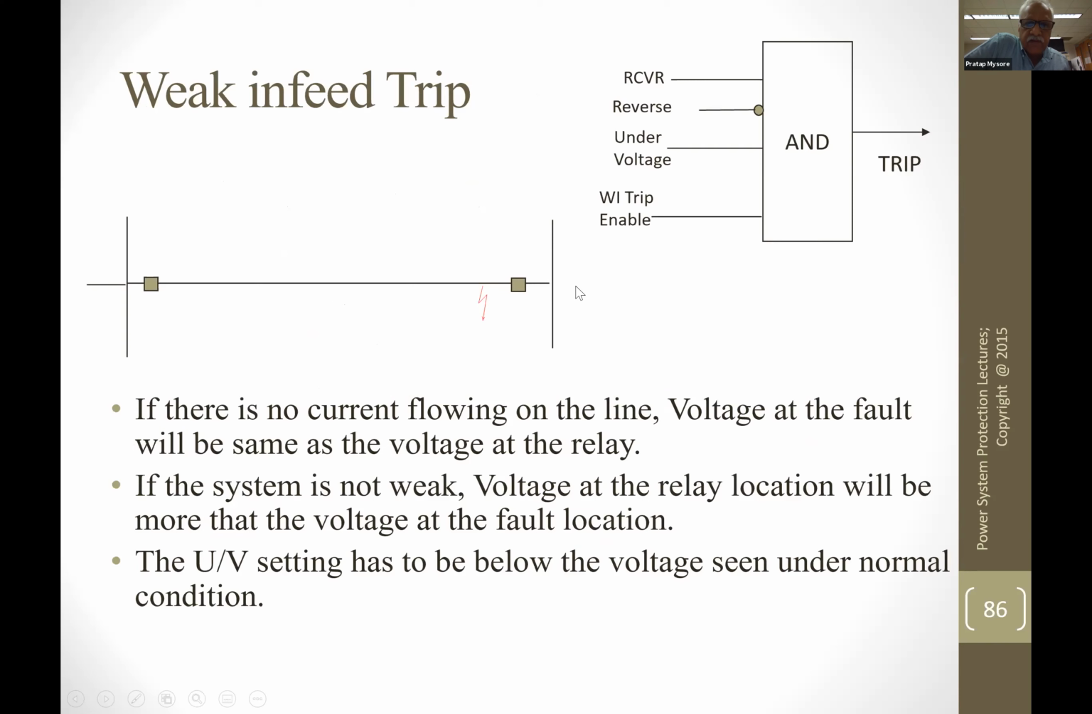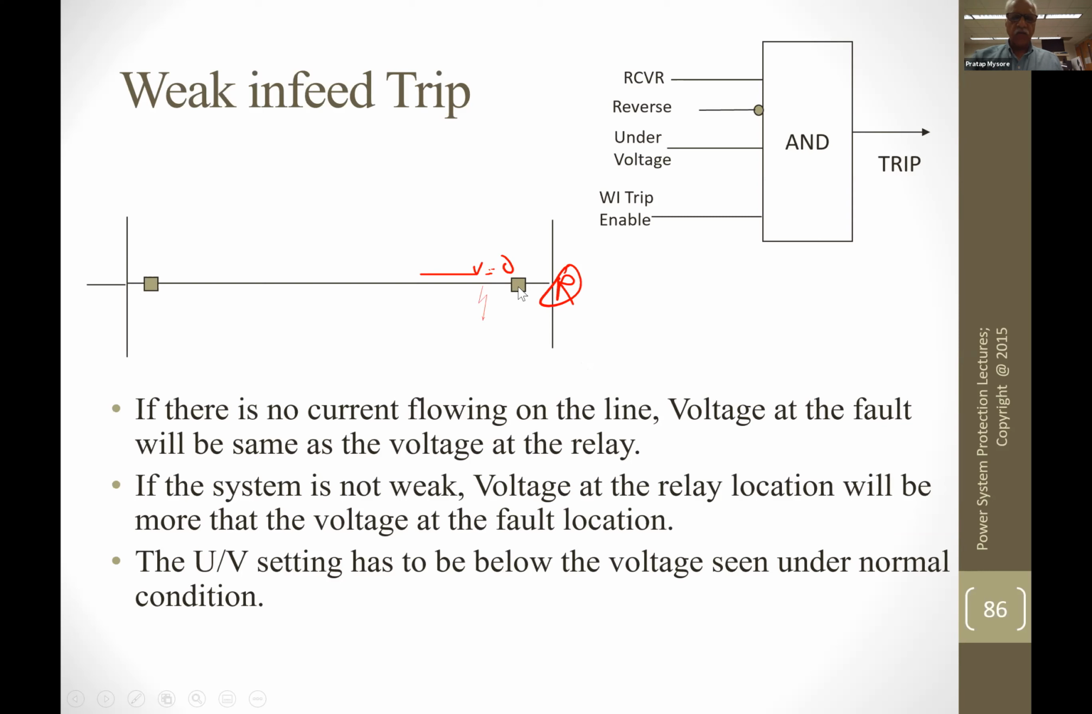Weak feed trip. Suppose there is no current coming in here, and a fault occurs here. What happens to the voltage? The voltage dips because there is no current up to the fault point. The voltage at the relay location, this is the relay location, and the voltage at the fault point will be pretty close. If there is no current flowing in, there is no voltage drop across the line, and it will be 0, right? So the remote end relay picks up and sends a signal telling that there is a fault on the line, and because there is no current for this relay to operate,